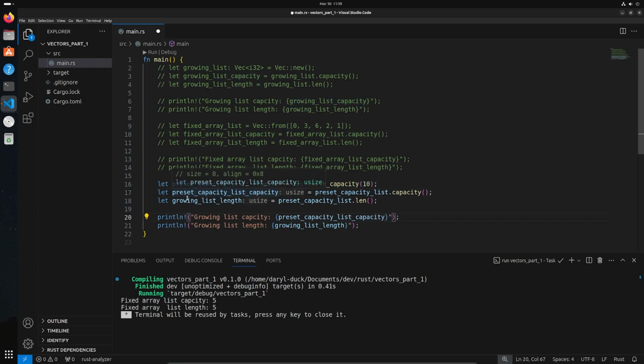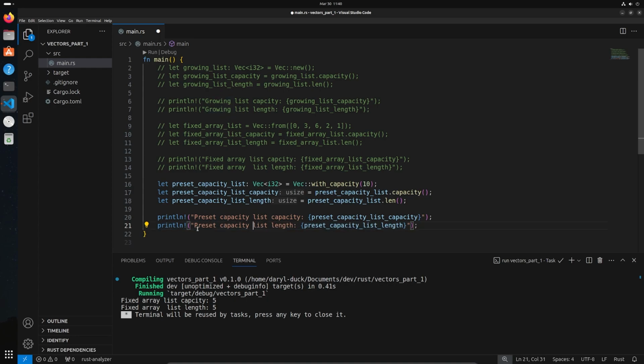Preset capacity, list capacity. Anyway, never mind. You can judge my naming conventions at a different date and length, and I might change this to have the correct spelling. And so we'll say preset, capacity list, capacity,